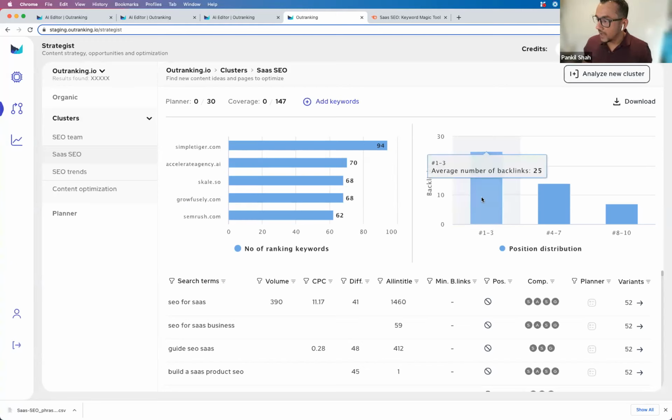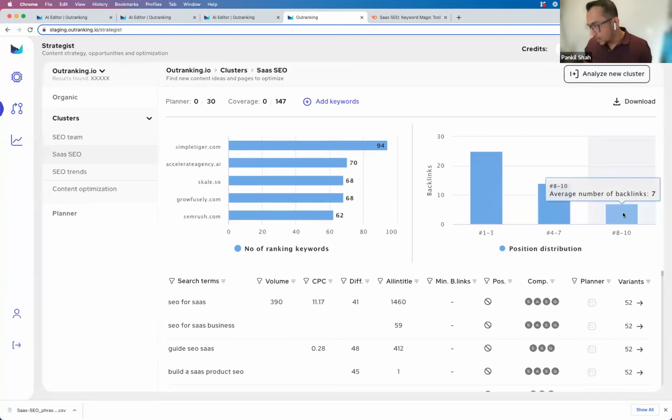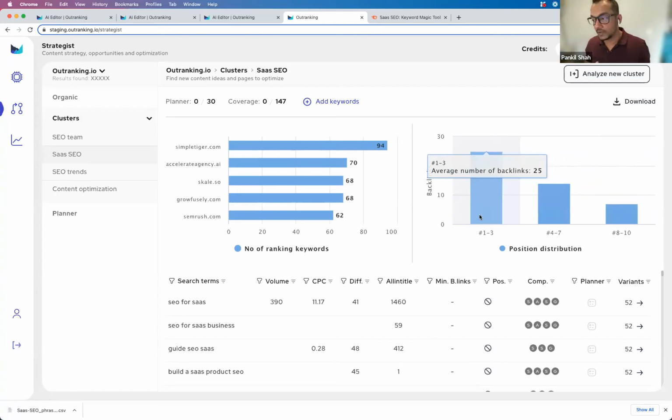You can see that the average number of backlinks in positions 1 to 3 is 25, right? 4 to 7 is 14, and this is 7. Very good. If I want to get in the top 10, 7 is nothing, right? They're probably crap URLs. So for anything close to 10 or 20, I am focusing more on PA, on page authority, so I'm improving internal links and things like that. I can beat some of these guys very easily. But if the average links is like 50, 100, 200, then you know they have already built some sort of authority. People are linking to them organically, and they might continue to do so, so it might be a little challenging.